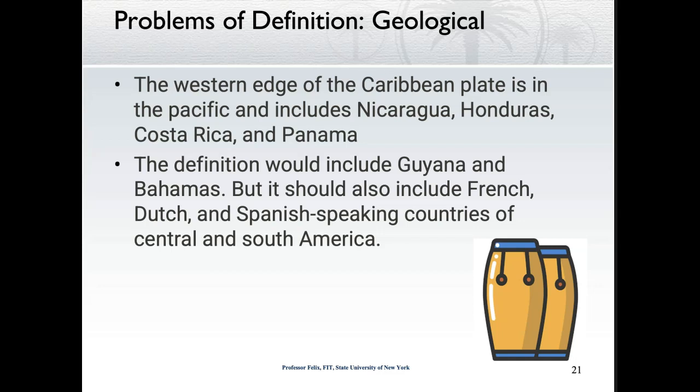This definition will include Guyana and the Bahamas, but it should also include French, Dutch, Spanish-speaking countries of Central and South America. So again, no definition is complete, and that's why in this class we have a more nuanced definition of the Caribbean, and we encourage the broadest definition. All right, so